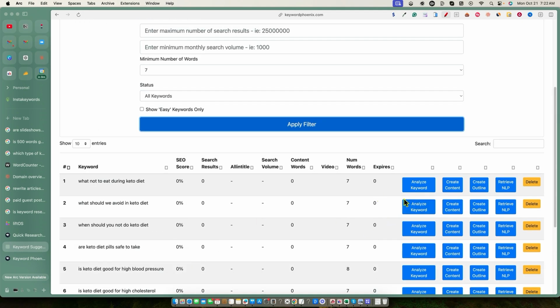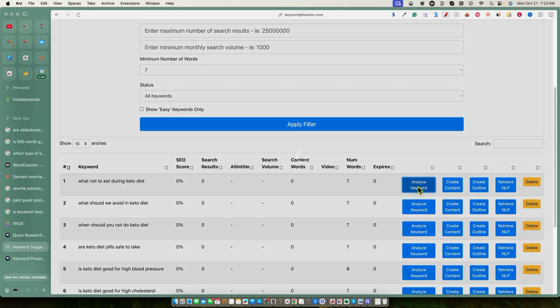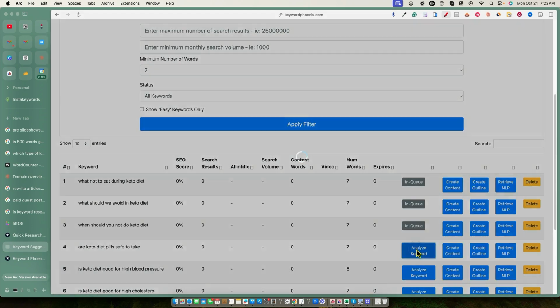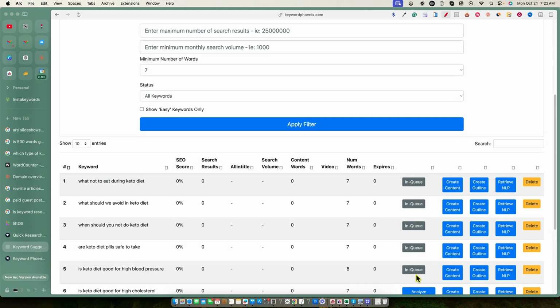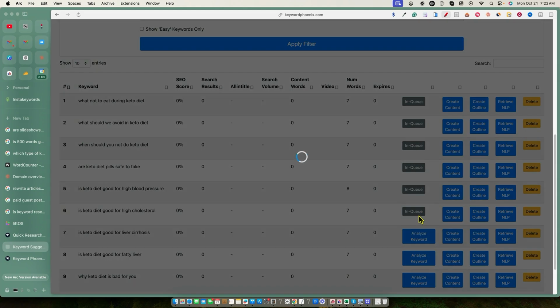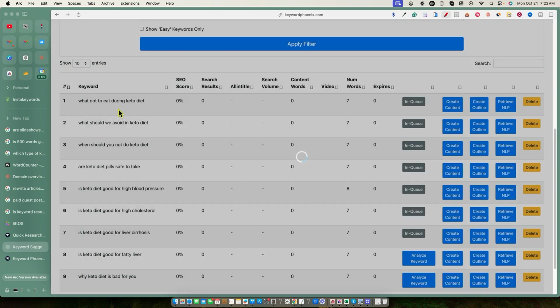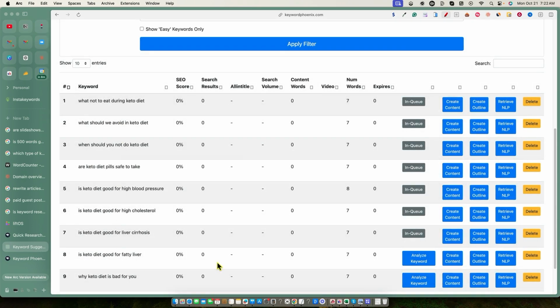So next what you'd want to do, now that we've filtered our initial result, is go and analyze these keywords. And this is a little bit different kind of keyword research tool. It's going out and doing a lot of analysis. You have to think, it's going out there and doing an all-in title search and so forth. So this isn't one of your bulk keyword tools where you're going to be looking at millions of keywords at a time. Think about this: all the keywords in here, generally speaking, are coming from Google search results,